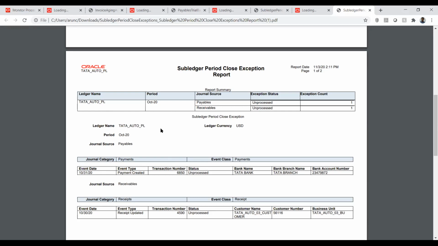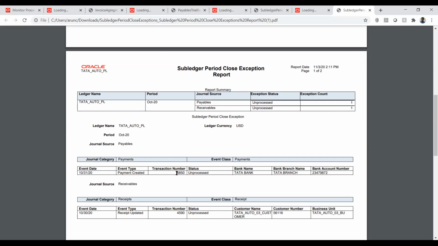So after we run, we will notice that there are a few exceptions that can be cleared immediately by taking some action with the help of the user. For some actions we might need the help of Oracle. For those cases, we will raise an SR on a priority basis.